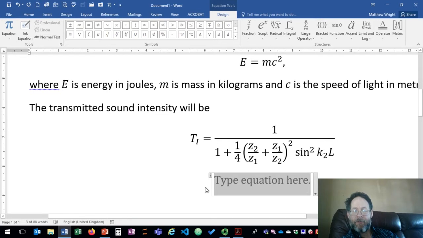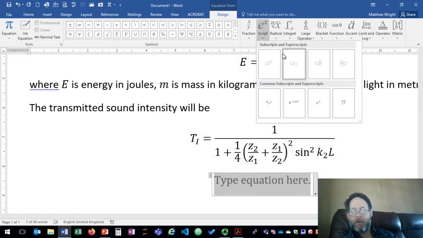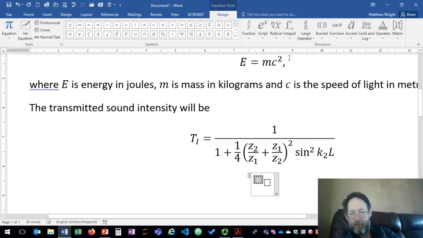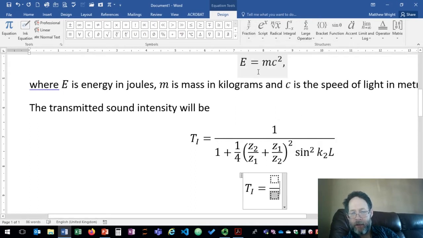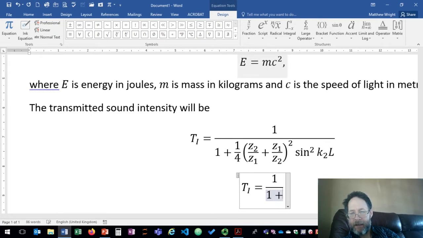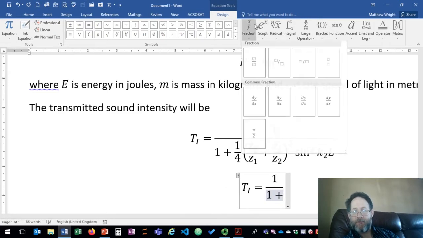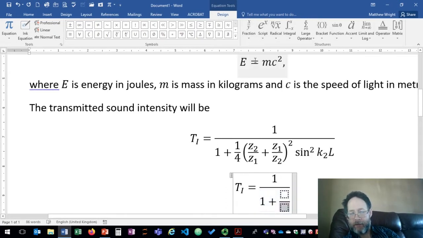On the left hand side we've got a subscript, so I could go to the menu, ask for a subscript, T, capital I, equals, and then the right hand side is a fraction, so I can select a fraction, left arrow, 1, forward arrow, and then 1 plus another fraction, and that's left